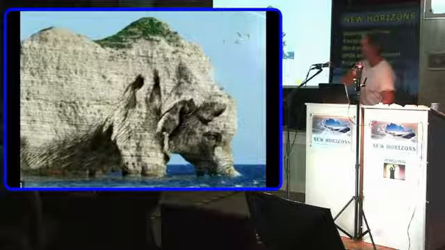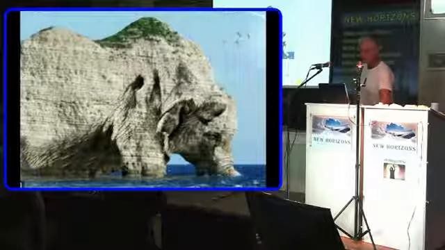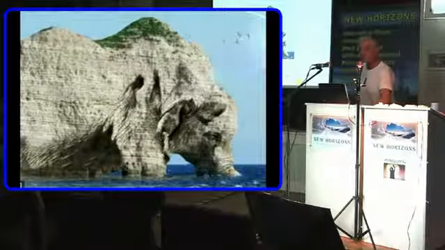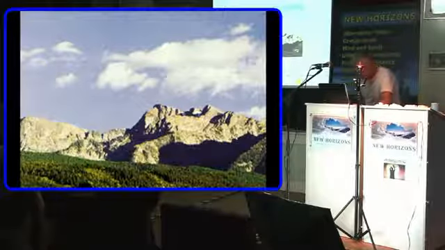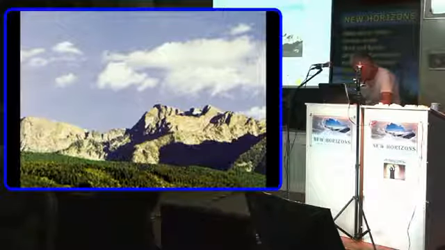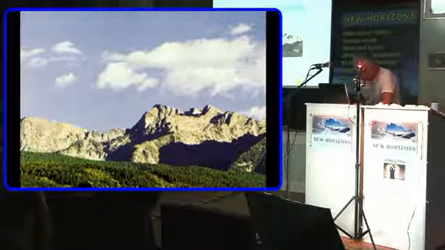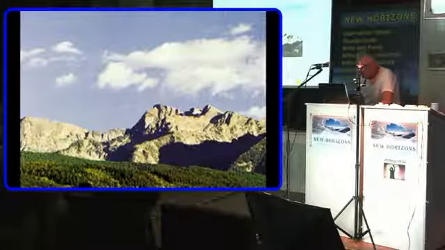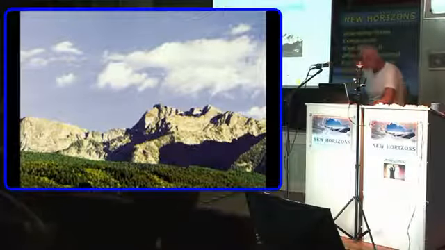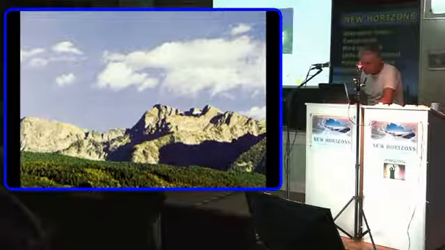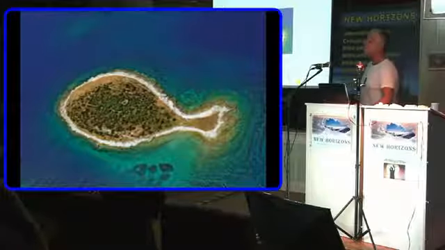There we go, another picture of the same elephant from a different angle. Yeah, these are all over the world. I don't know whether I can twist this around, but I don't know whether you see the face there. That's the face of a titan. Just twist your head round and you'll see the face. What do you see? Fish. A fish!